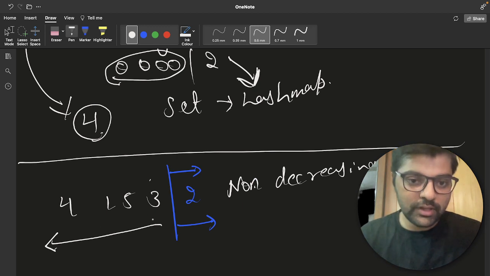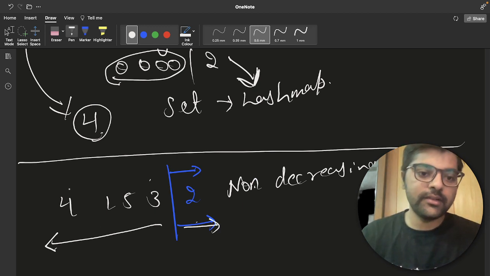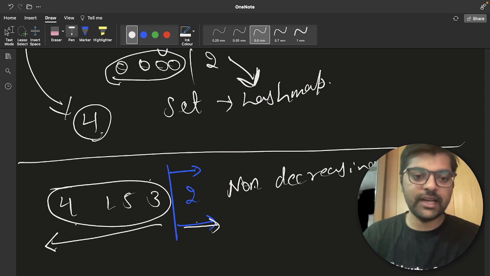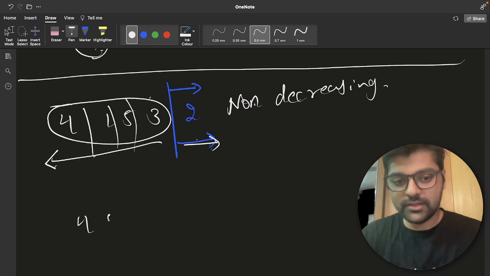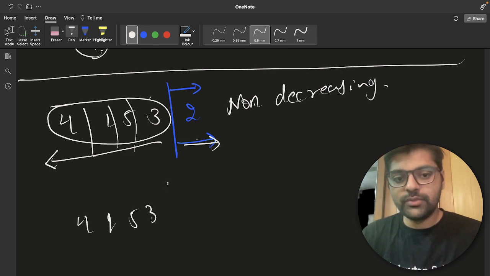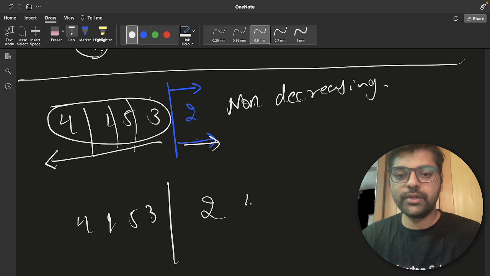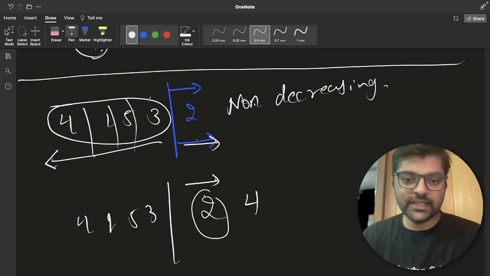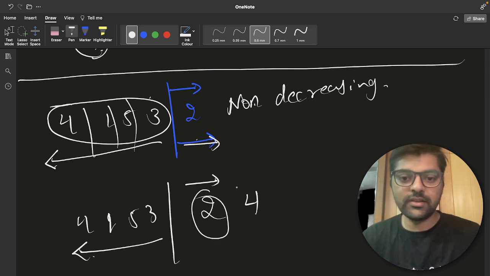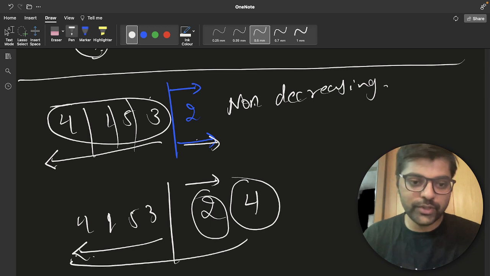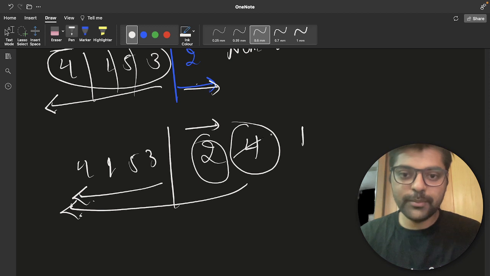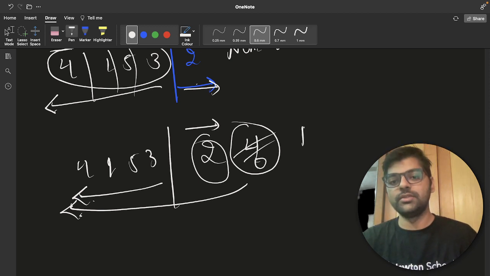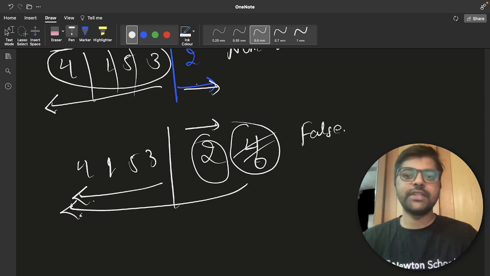So we will traverse through it and have a hash map to check whether this has occurred or not. So let's say we have some 4 1 5 3, this was our boundary, and let's say 2 4. Then we will traverse through it, we can check that this 2 is not present here. Then we will move to 4, we can check 4 is present here. So as we have made it 0, we will return false, right? It won't satisfy our condition.